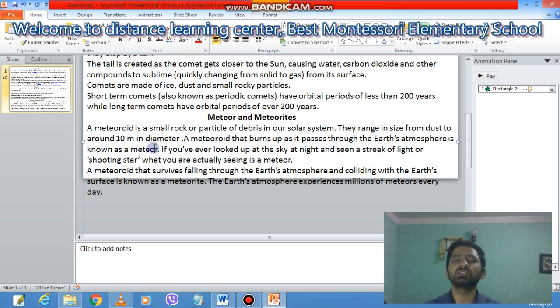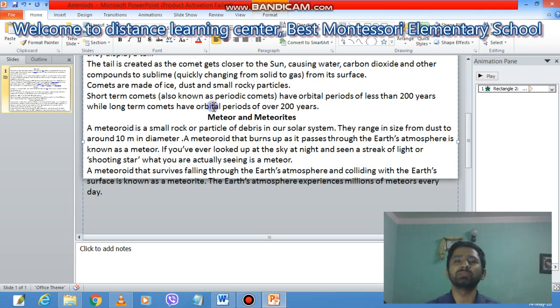Some of the large meteors even reach the surface of the Earth, and they are known as meteorites. An interesting fact about meteoroids is that when a meteoroid comes in contact with the atmosphere of the Earth, due to friction it burns, and we see it as if stars are falling down.